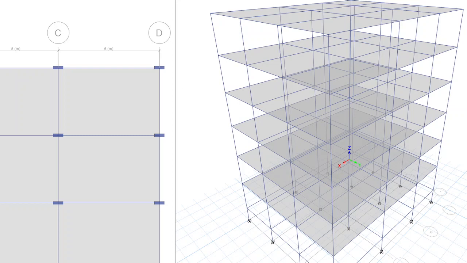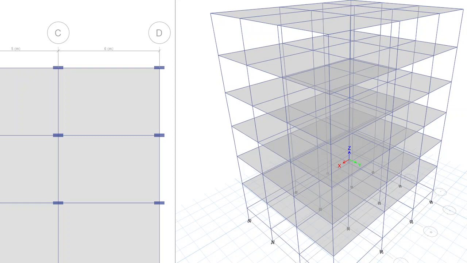Now the model is ready for response spectrum analysis. Just click on run analysis. Assign is not required. Once you define, it will automatically get applied to the structure. That is dynamic analysis. We only need to define, that's all. Nothing to assign.